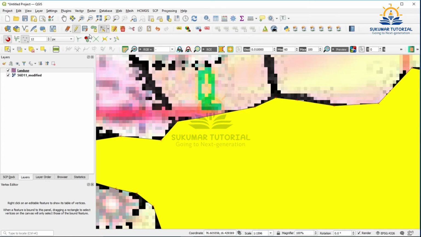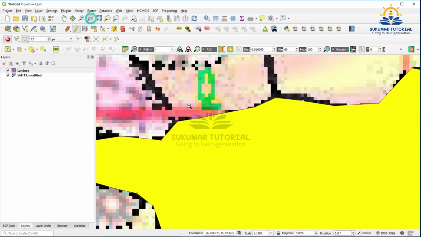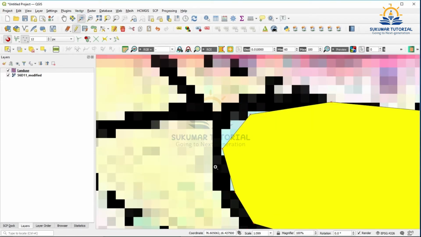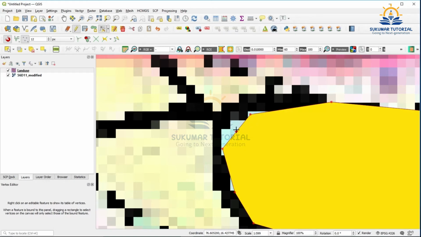This is how you have to correct your polygon corrections. One more correction is there. I am just zooming here. See, I go to the text tool, giving one click, then I am just dragging, see, just covered.